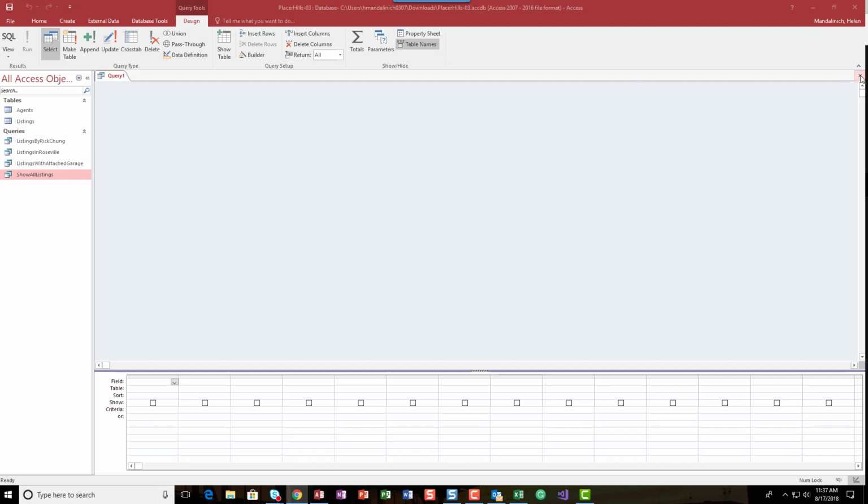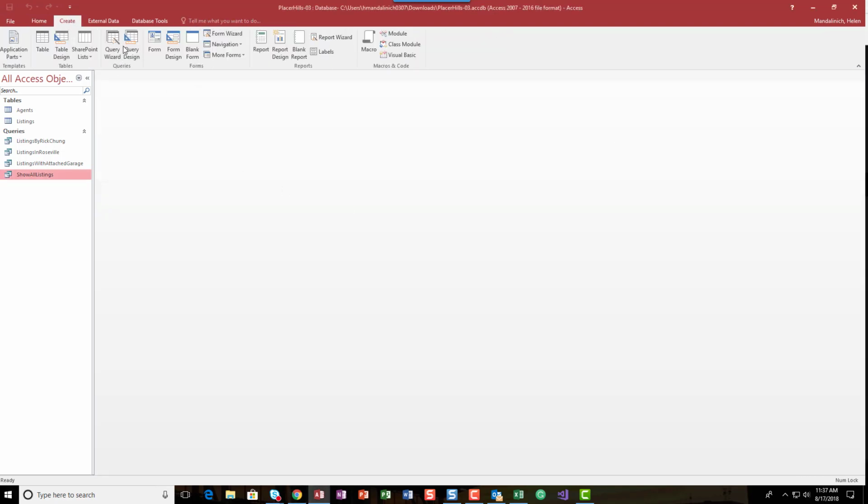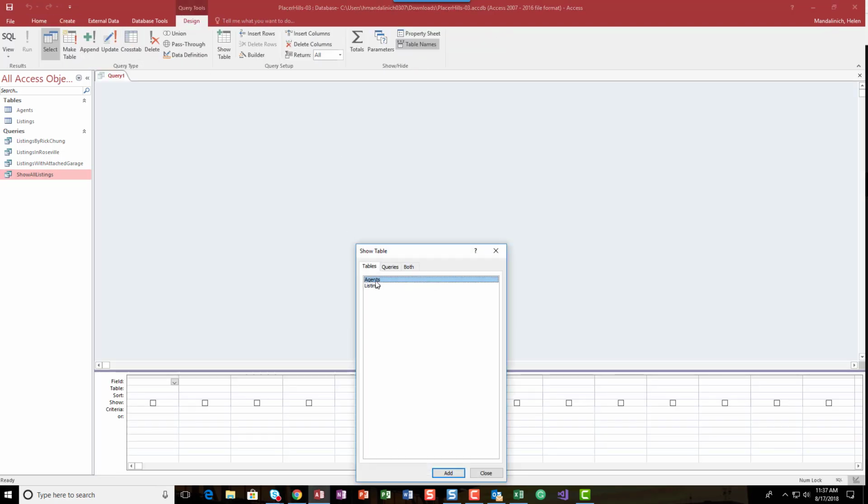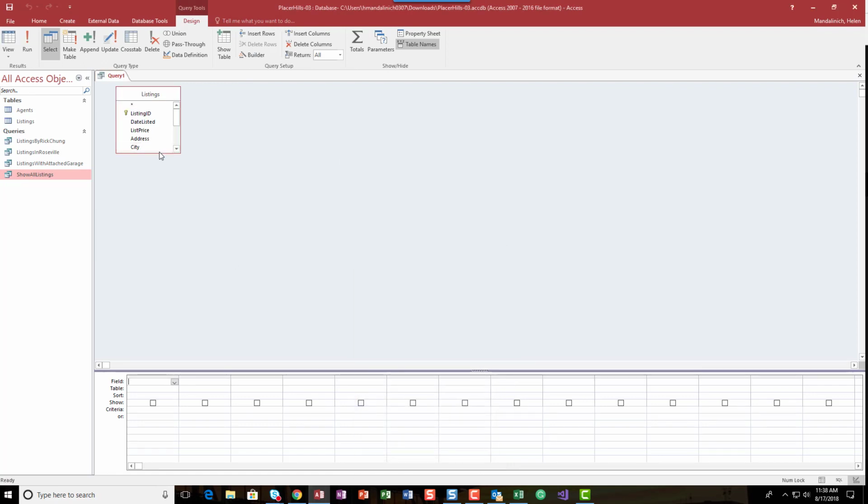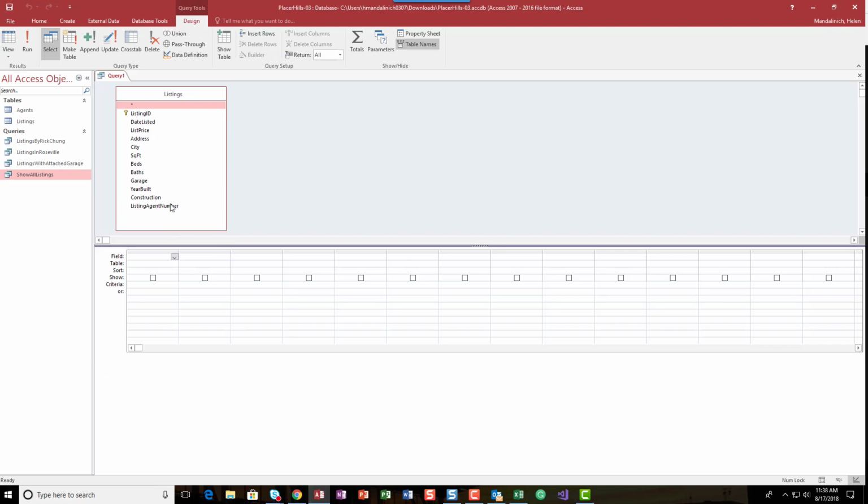I'm going to close this out and start over. So create a query and design. I really only need the listing table, right? Because it doesn't ask for any agent information. We just want to find a list of properties, so I don't really need that. I could always add it if we wanted to see who had that listing, so we could talk to them about showing this customer. Alright, so I have my listing in there, I have my grid set up,